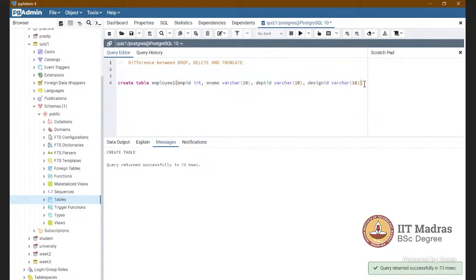And what is the next one? Department has department ID and department name. We only consider the designation. Designation has designation ID, designation name, and salary.